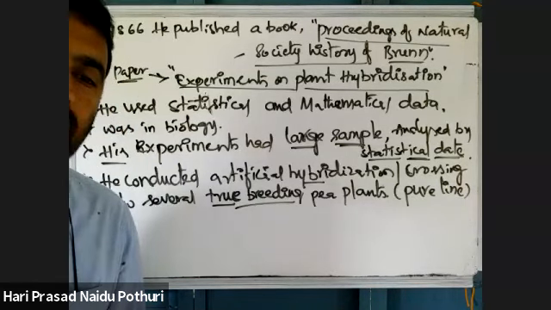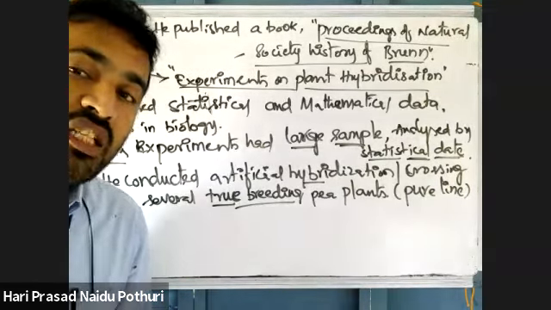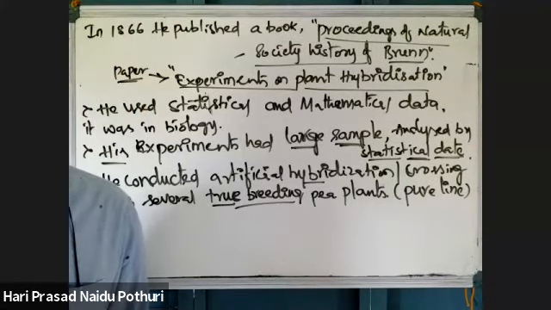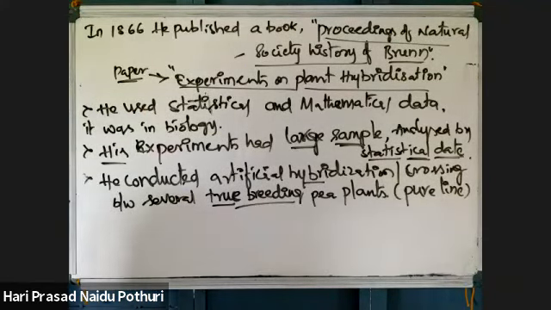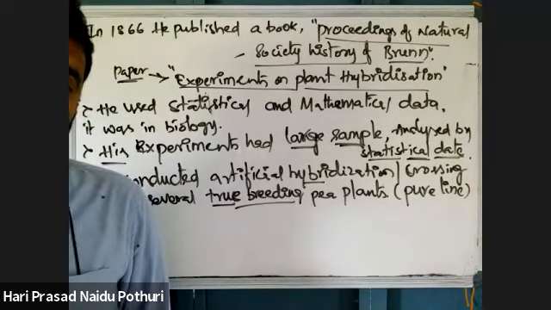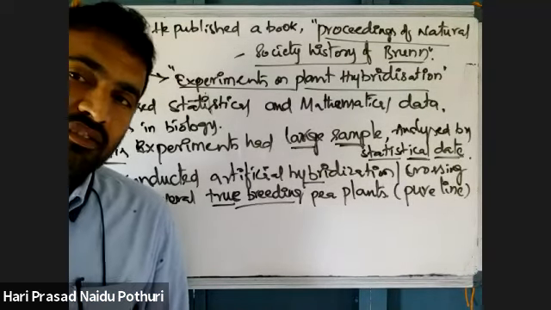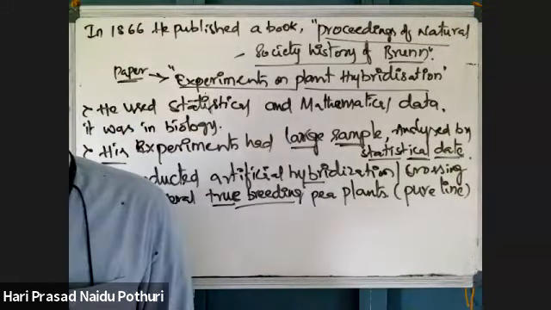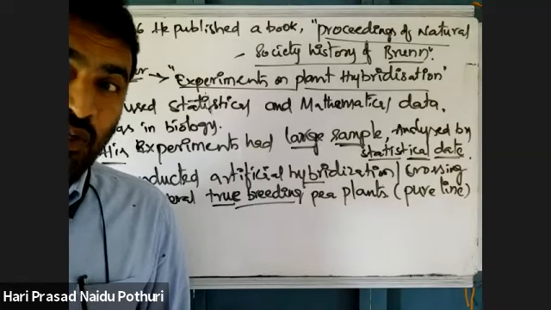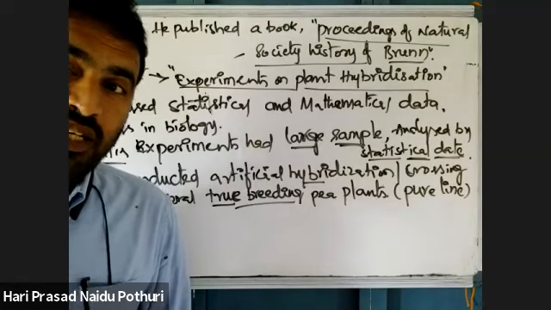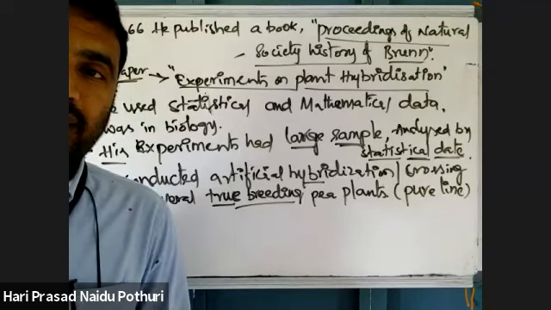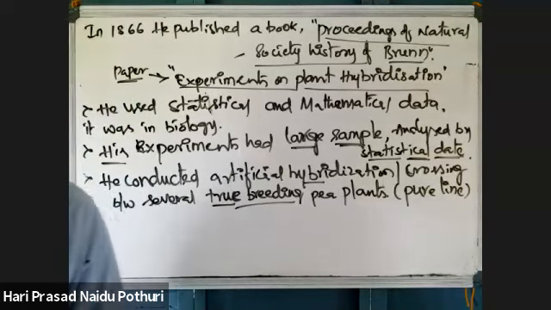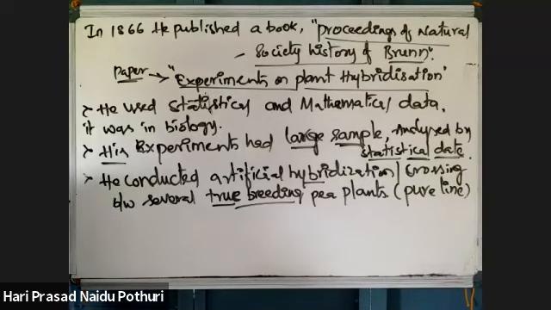Crossing. How can we do artificial hybridization? When is artificial hybridization required, I am asking. For bisexual flowers, artificial hybridization is required, involving emasculation and bagging. For producing new varieties, artificial hybridization involves emasculation and bagging. Do you remember this from sexual reproduction? With the help of an artificial hybridization experiment like emasculation and bagging, he conducted this experiment.